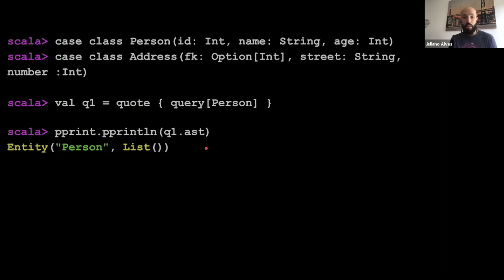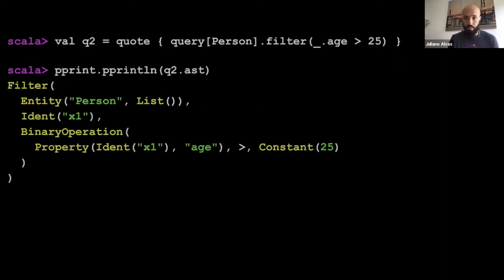Let's say that I build a query that has a little more in it. So let's say that we just have a filter by age that's greater than 25. In that case, our AST is already way bigger than it was initially. So we'll have in this moment a filter around that entity we had before, right?